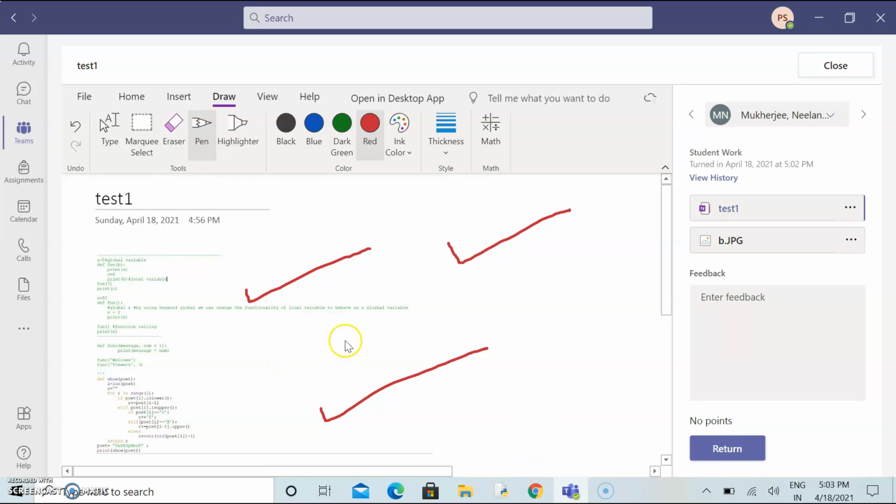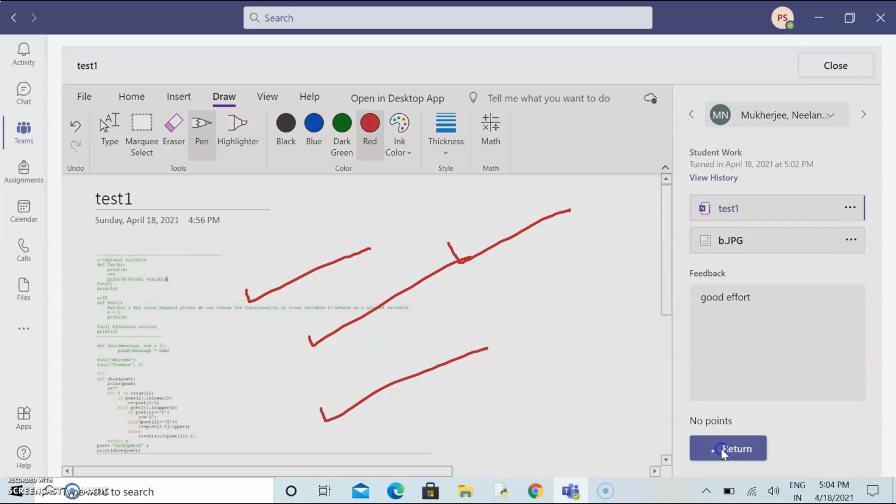Then you can check it here. If you want to give any feedback, good effort, then you can give it here also. Here you can check it. You have to tell the students that you have to send the assignment both ways.